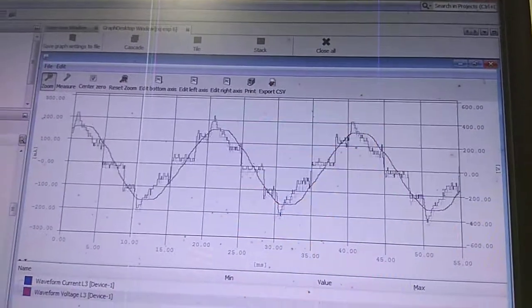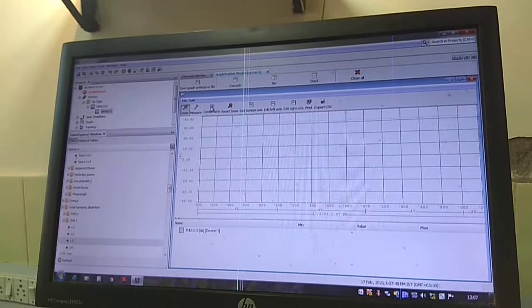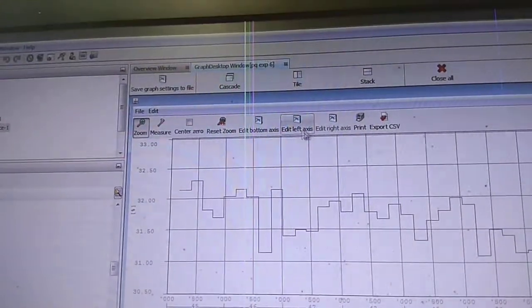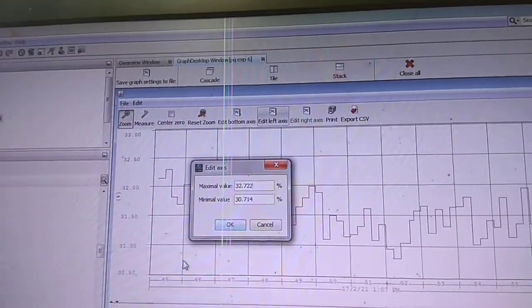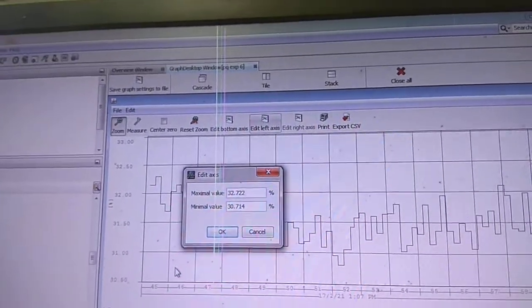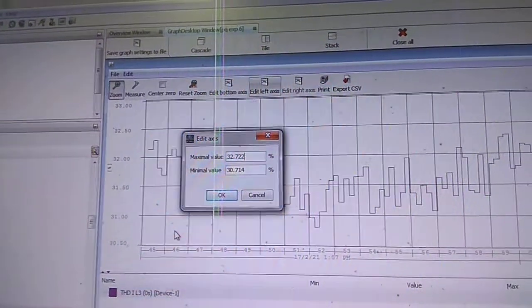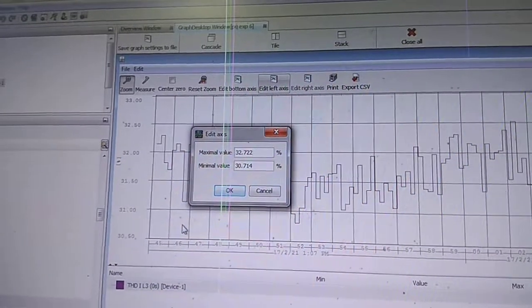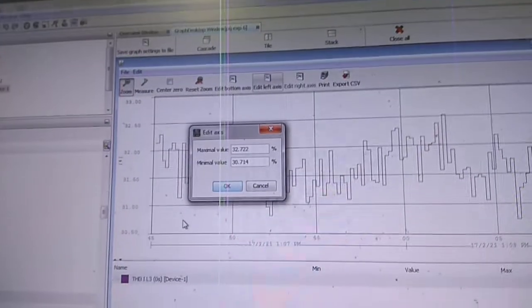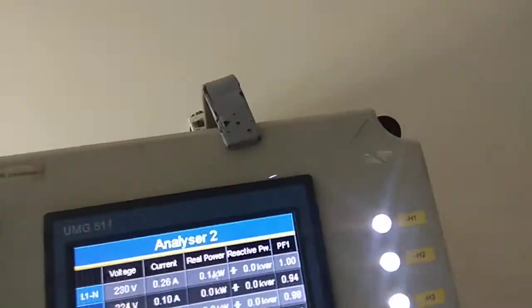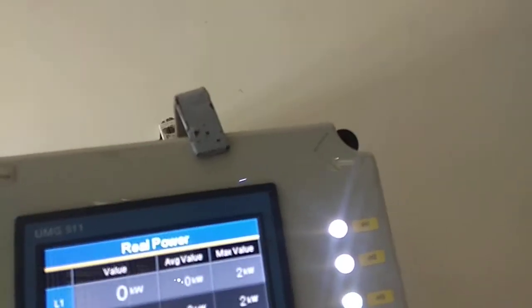Now please check the THD of this. As you can see, the THD is very high. It is coming out to be nearly 32%. So the maximum THD we have found is in the case of the CFL, and a similar waveform you will also get in your laptop chargers. So this is 32% current THD which is coming out in our system. That can also be observed here. The same waveform we can observe here also.